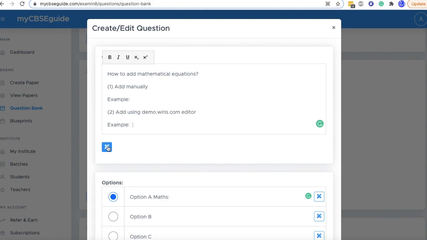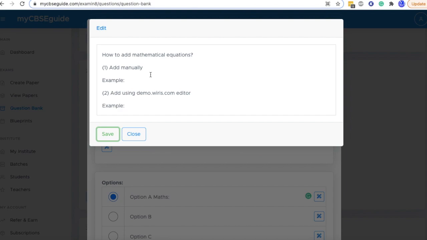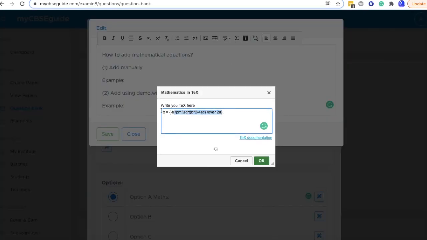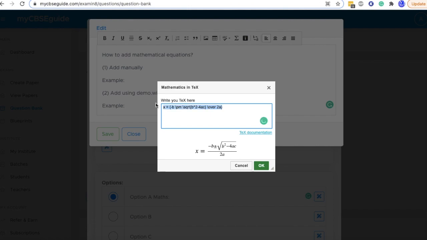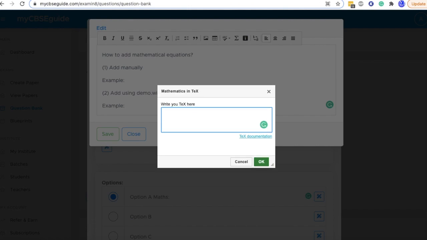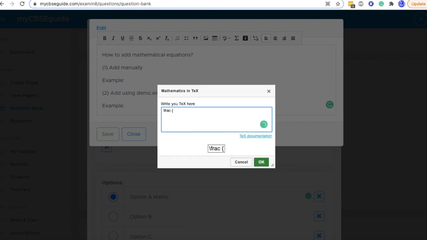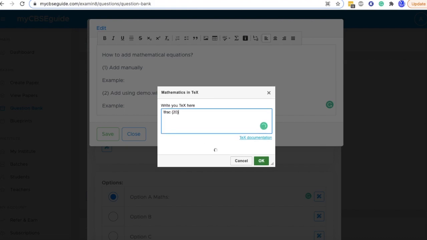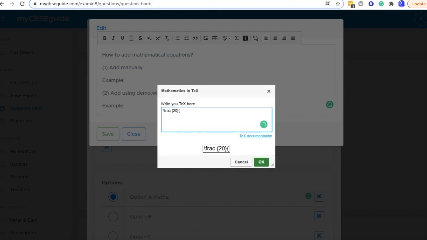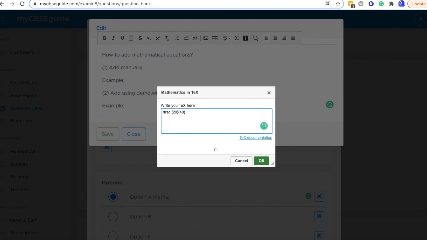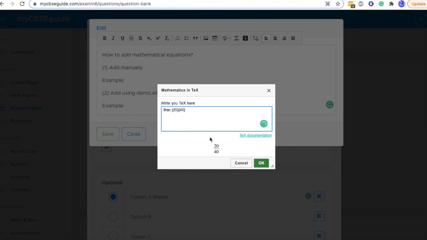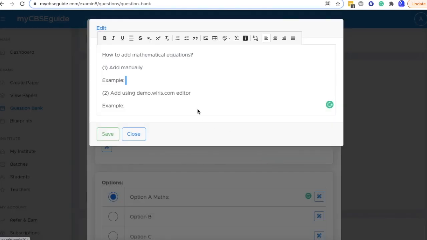For this, click on the scale and pencil icon and then click anywhere on the question screen. You will find this summation button. Click on this summation button and delete the equation already given here, and now you can add your equation. For this we will put a backslash and then frac, then curly bracket 20, curly bracket close and open again 40 and curly bracket close. This will write 20 by 40. This way you can write a fractional number.